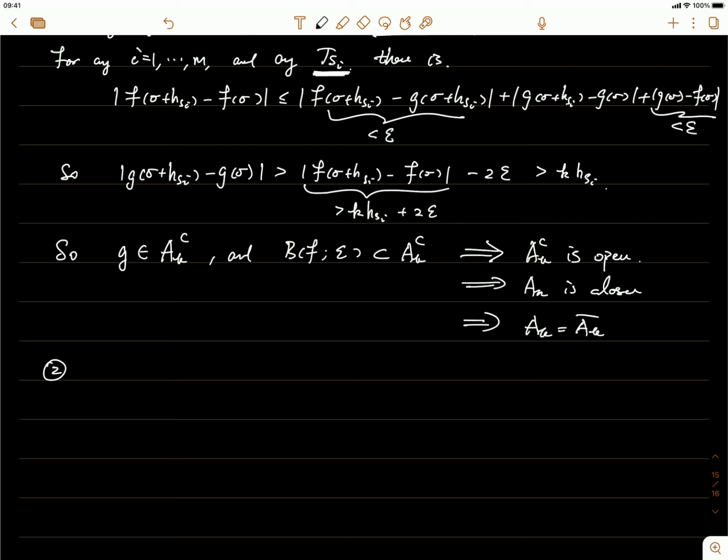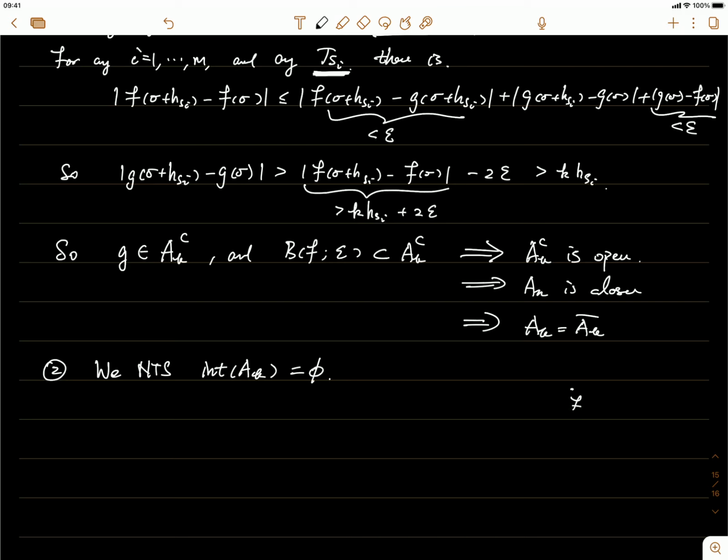Okay, now we need to show that the interior of AK is empty. Remember, how do we show that? To show the interior of AK is empty, we need to show that there's no interior point of AK. There's no interior point of AK means that for any point,